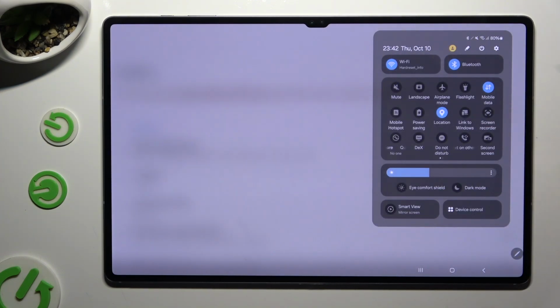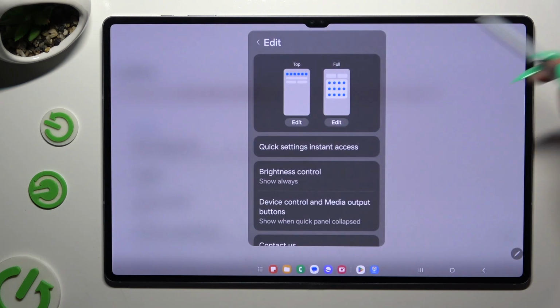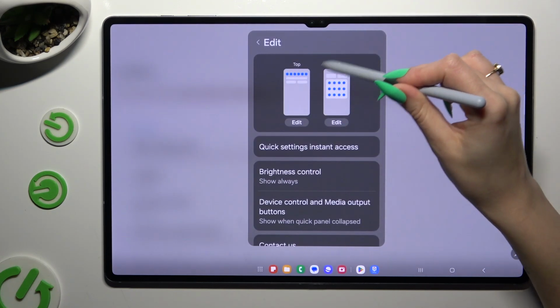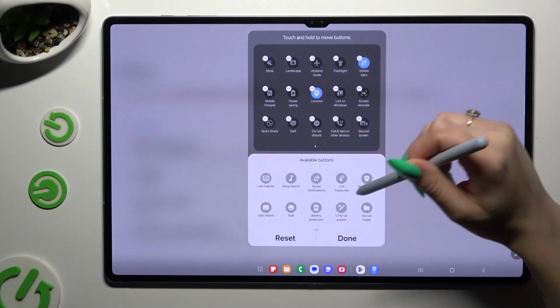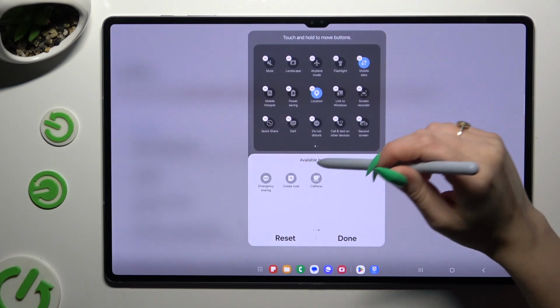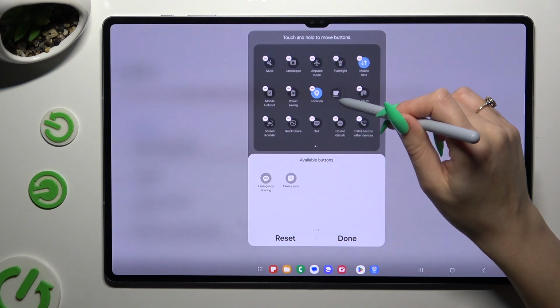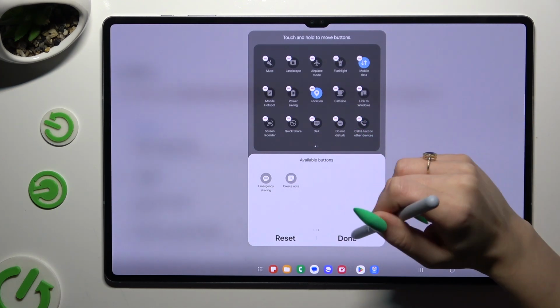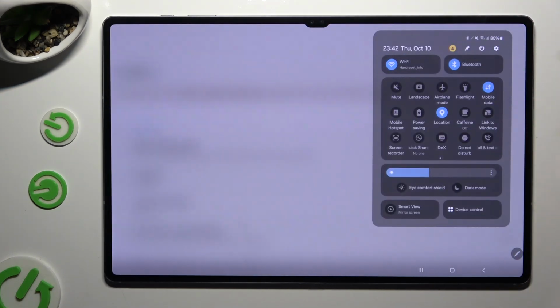Now you need to edit your shortcuts by tapping on this pen at the top right corner, selecting Edit under Full option, looking for your shortcut at the bottom and add it to your current ones. Place it wherever you want to, hit Done at the bottom, go back to your Tab menu and finally click